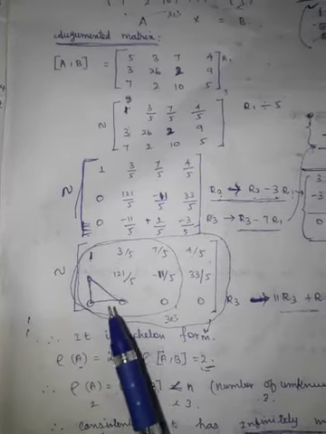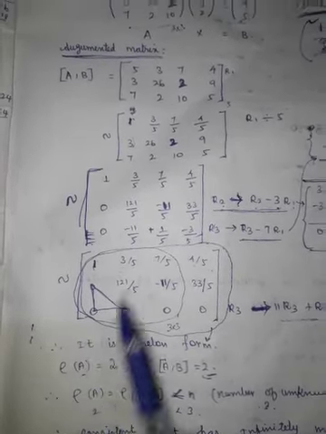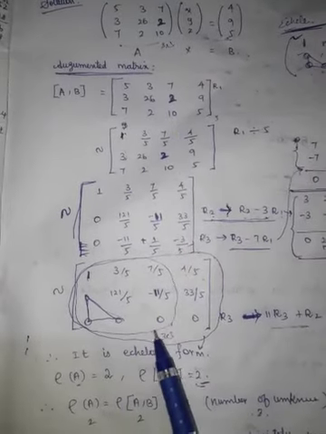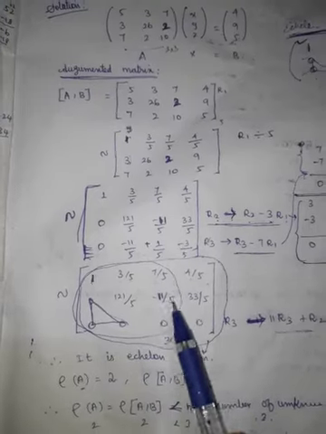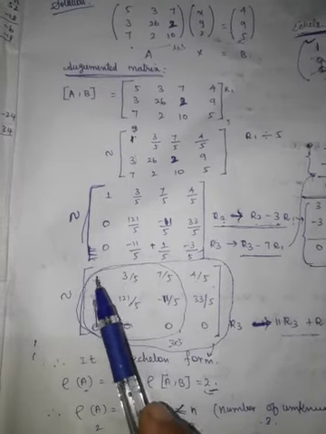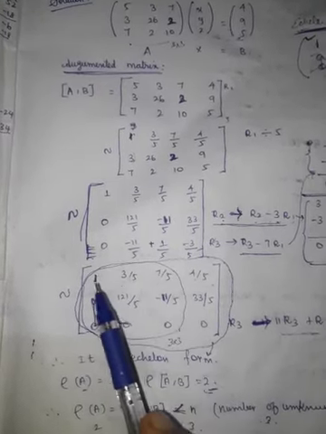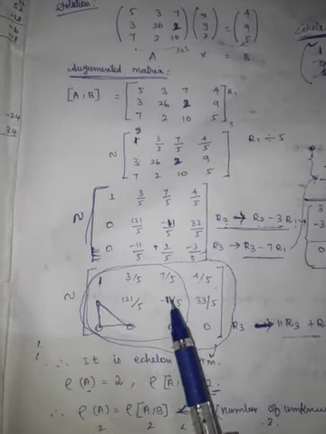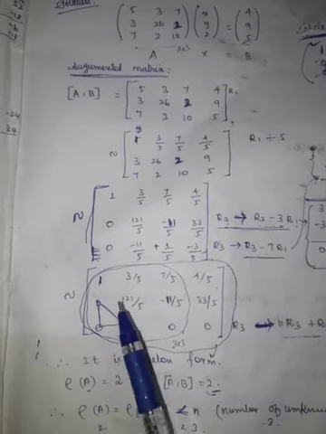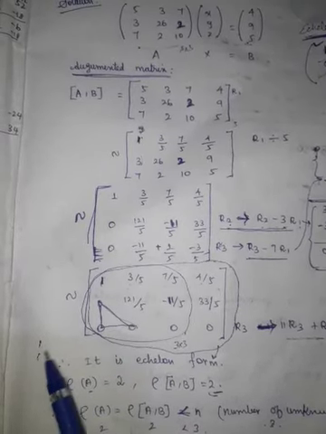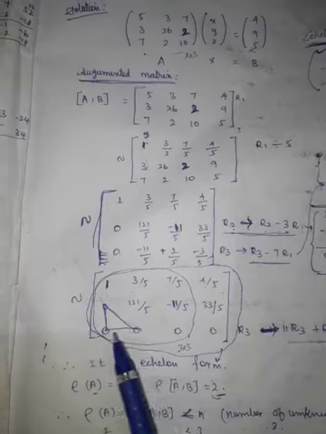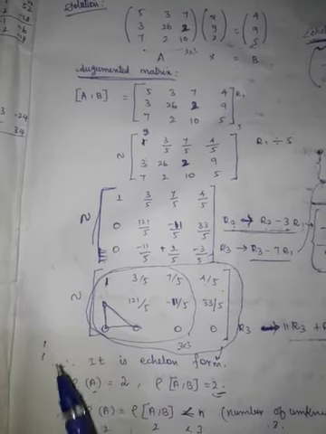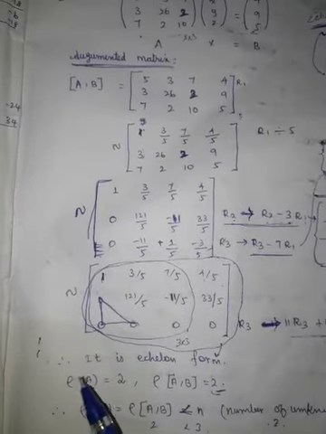So here we want the rank. This A is denoted by the 3 by 3 matrix from the question. So here also we consider the first 3 by 3 matrix. The rank is: the row 1 value, the row values fully is here, so that is denoted by 1. Row 2 is fully here, not fully; if any value is there, that value is 1. But the row 3 value is fully 0, so that is 0. So the rank of A value is 2. Then rank A value is 2.